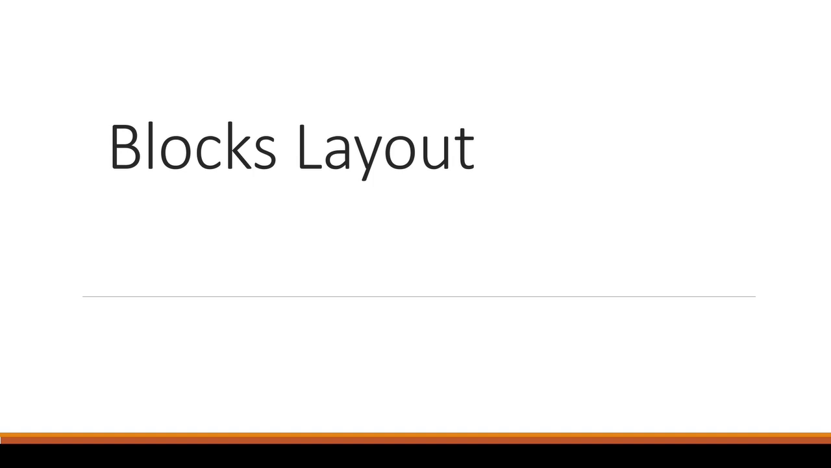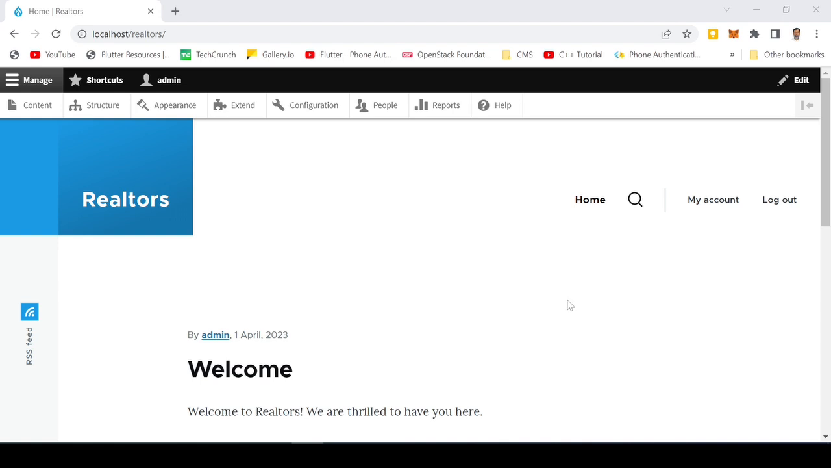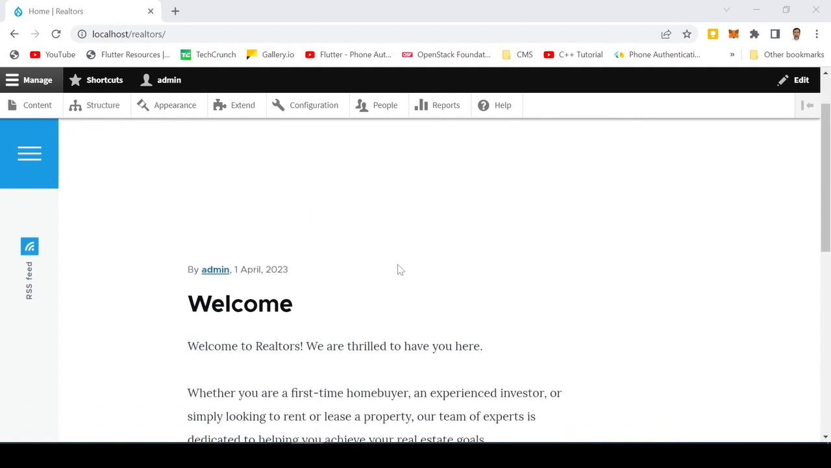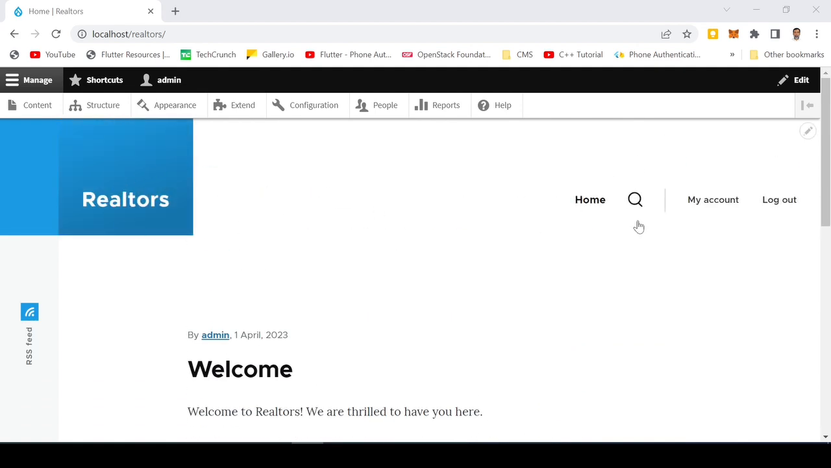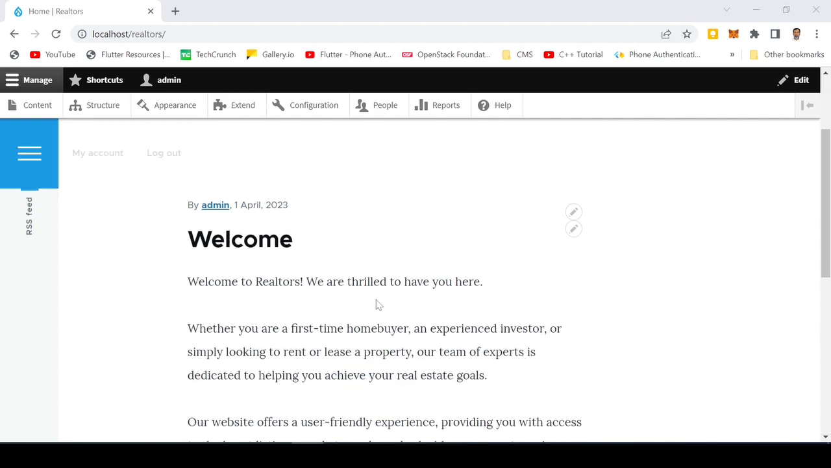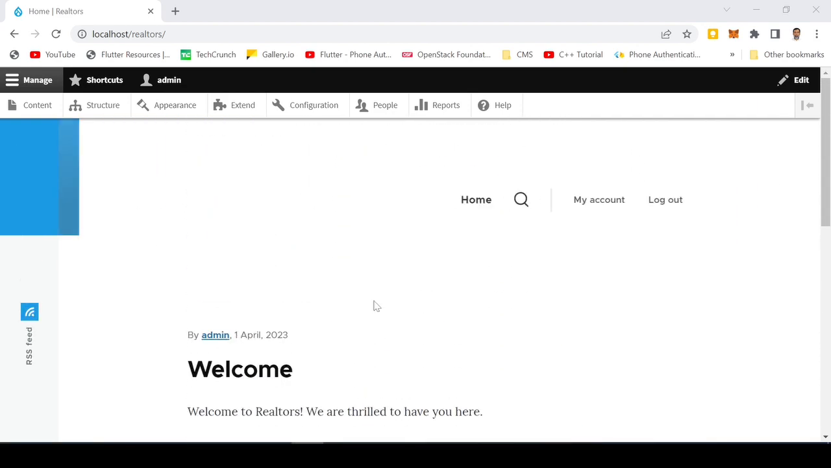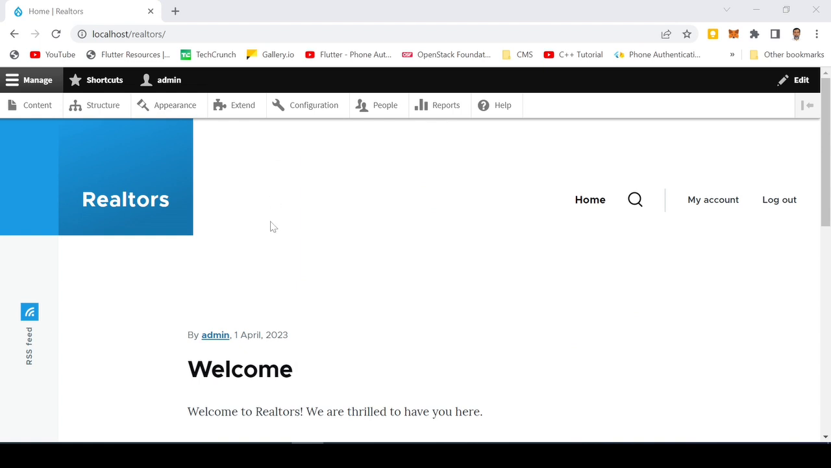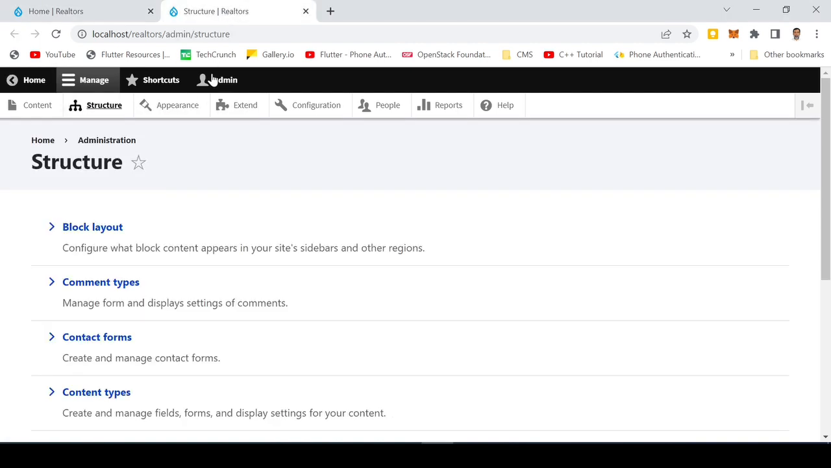Now that we have added contents to our Drupal website, let me tell you something about the blocks layout in Drupal. In Drupal, information or widgets are placed on the web page using blocks. All these widgets that you are looking at here are placed in different blocks, and let me show how these blocks look in the structure. If you go to the structure and go to the block layout,